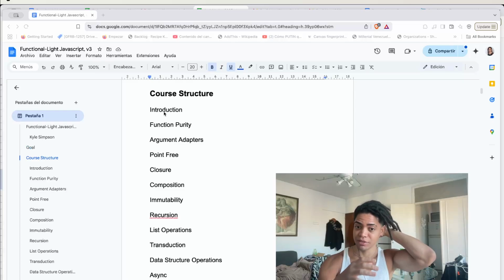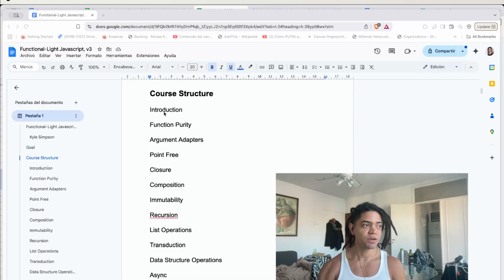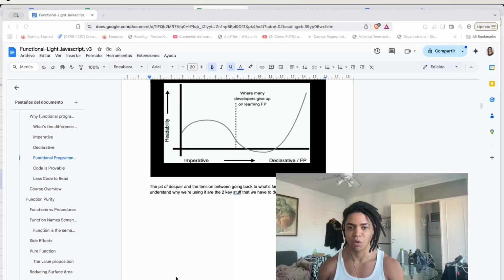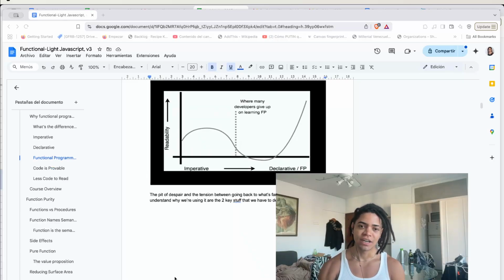Now, learning functional programming can be quite challenging, as with anything new, it will take you a learning curve. For example, he described what that journey might look like in terms of an axis, where on the y-axis you have readability, and on the x-axis you have time, and you go from imperative to declarative,